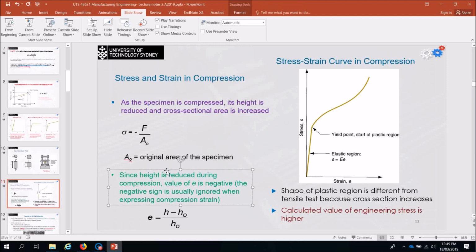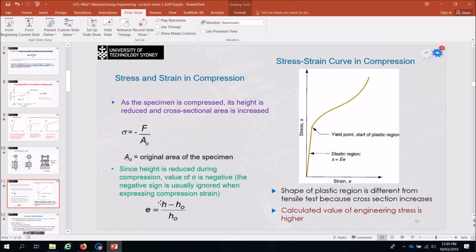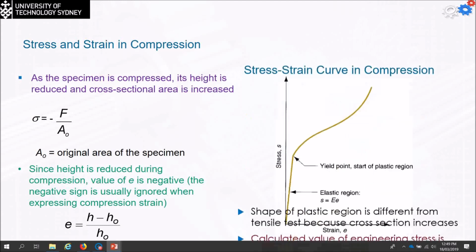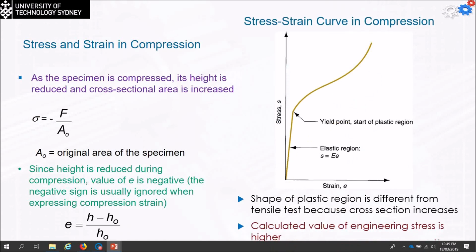The strain will remain the same. It's going to be negative, but we're going to consider it as a positive value, because there's no such thing as a percentage of negative height change. In this case, as you can see, the stress-strain diagram is going to go up because we're not going to have any fracture; we're supposed to have flattening of the material itself. As the specimen is compressed, the height is reduced and the cross-section area is increased, and the stress is always equal to the negative of the force, because it's a compression, divided by the original cross-section area. Since the height is reduced during compression, the value of the strain is negative, and the negative sign is always ignored when expressing the compression stress-strain diagram. So the shape is going to be different from the tensile test because the cross-section is actually increasing, and that means each time we add the force,